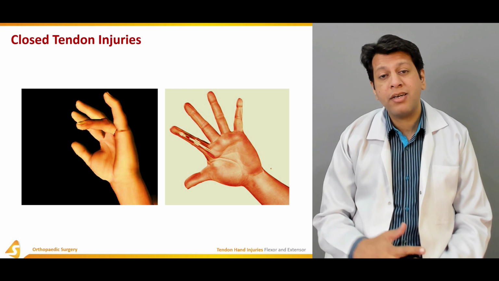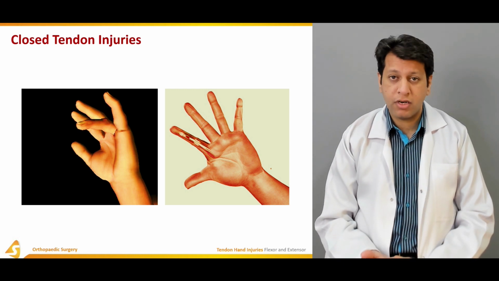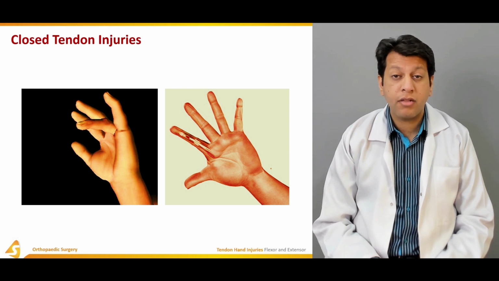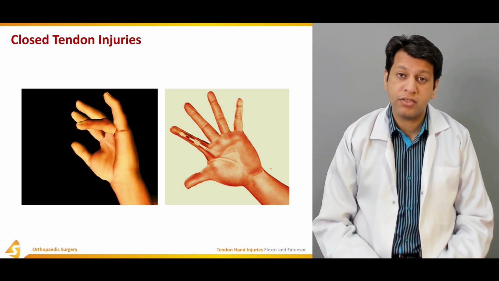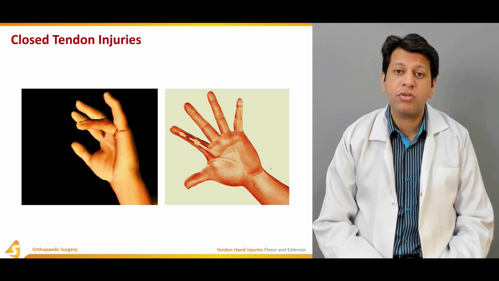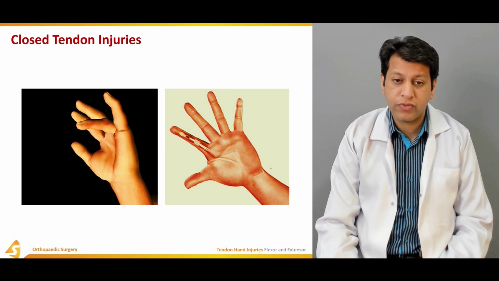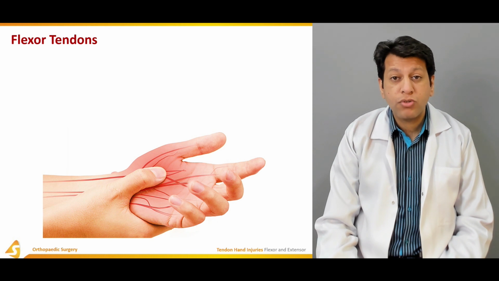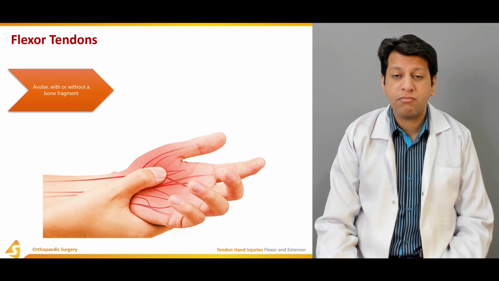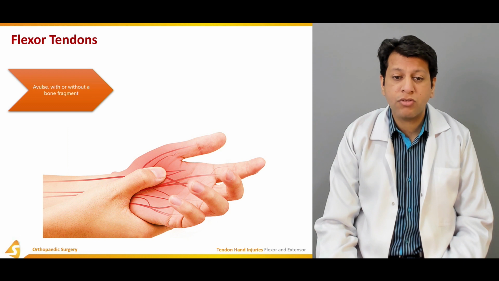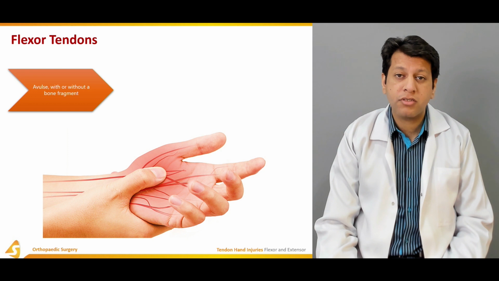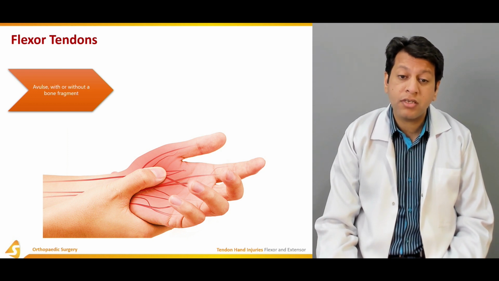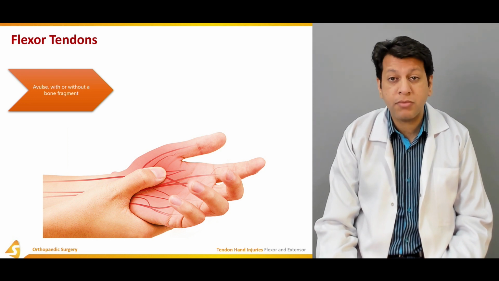You know, the flexor tendons are actually over the palmar side of the hand, and there are two main tendons: the flexor digitorum superficialis and flexor digitorum profundus, while the extensor tendons are mainly on the dorsal side, or the extensor surface, of the hand. Coming to the closed injuries, especially common to the flexor tendons, they could be due to avulsion with or without a bone fragment, especially if the tendon has had sudden trauma. Although there was no penetrating trauma, this has resulted in an avulsion type of fracture,